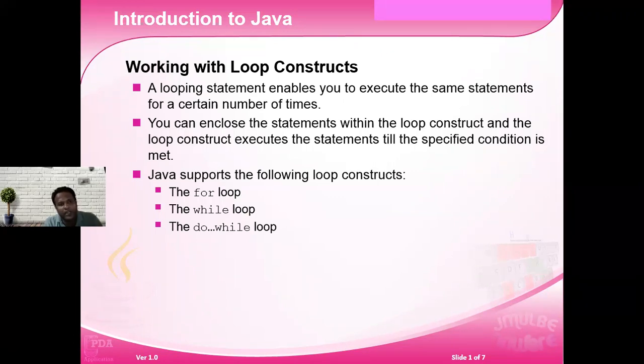Normally there is a concept in our mind that looping is of three types: for loop, while loop, do while loop. But looping is not three types, looping is two types. One is fixed loop, another is variable loop. Fixed loop means where the number of repetitions is known. Variable loop is where the number of repetitions is unknown.